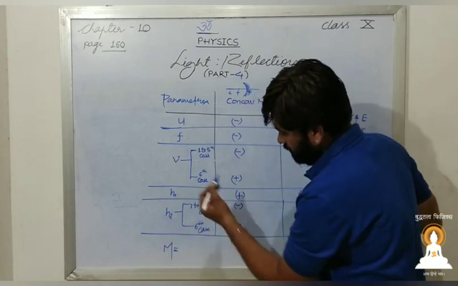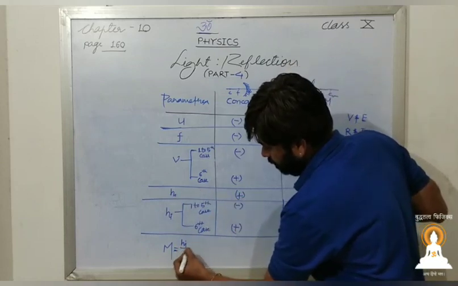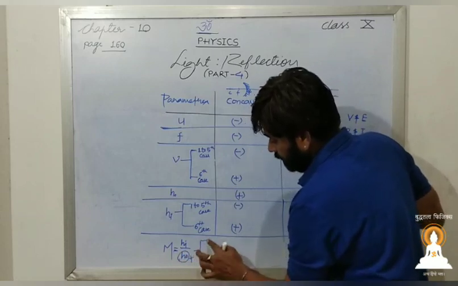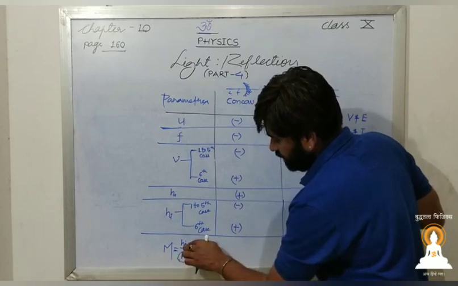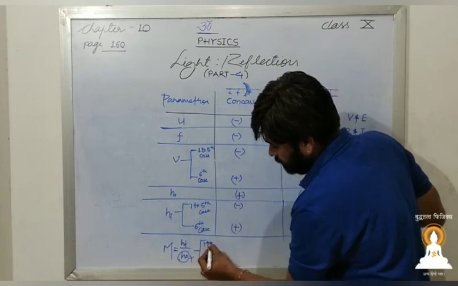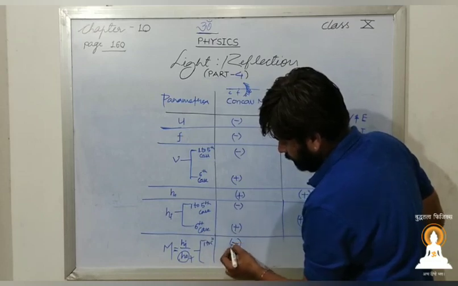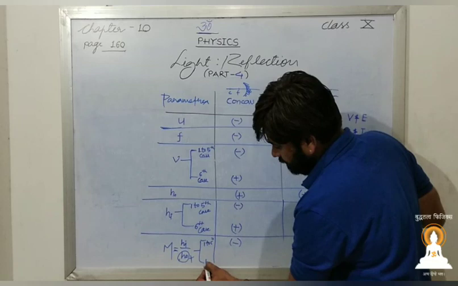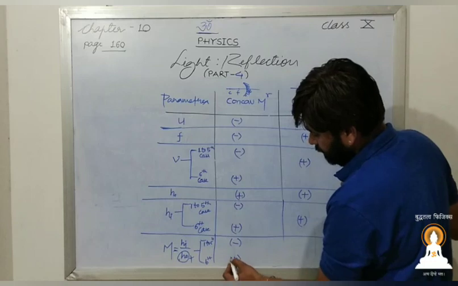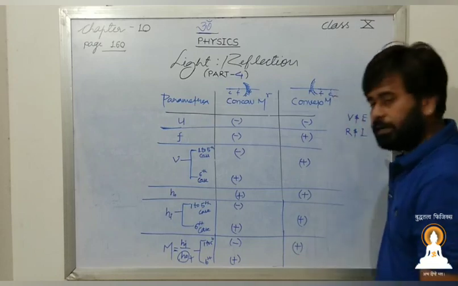Very simple. Height of object will always be plus, no problem. Again there will be two cases, because we have to bother about the numerator, that is hi. So accordingly, in the first to fifth case, we will have negative m. And in sixth case, because height of image will be positive, m will be positive. Here both are positive, so here the m will always be positive.